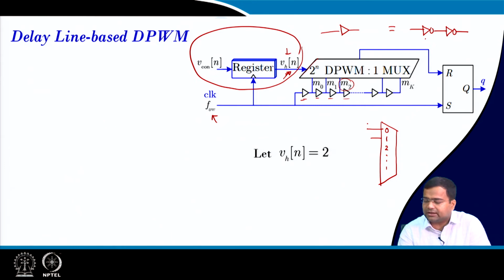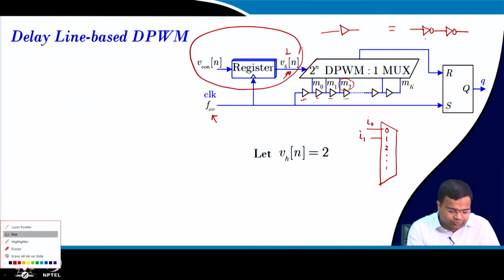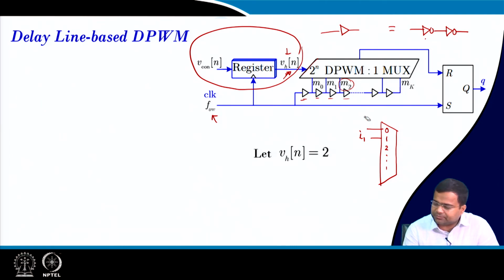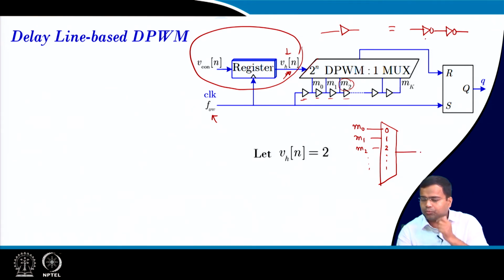So, these are the channels I0, I1. So, in this case it is M. So, let it be consistent. That means here we are talking about M0, M1, M2 dot dot dot, and the output is